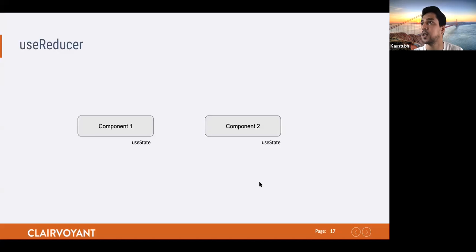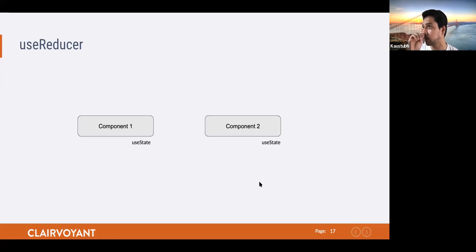Another hook is the useReducer hook. This is not a very complex hook, but it is pretty handy where you have a very complex state to handle inside your component. So again, let's go by a scenario where in our web page you have two or more components, and these are not talking to each other, but you need to have something here. For example, they want to use this local state, useState, and they want to mutate this state.